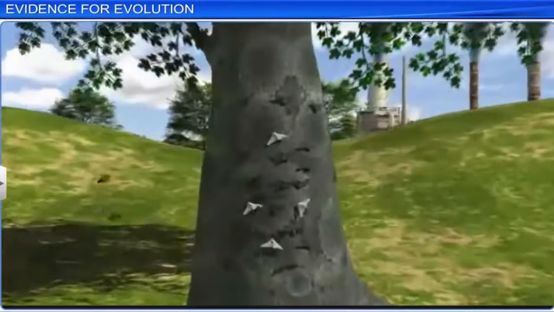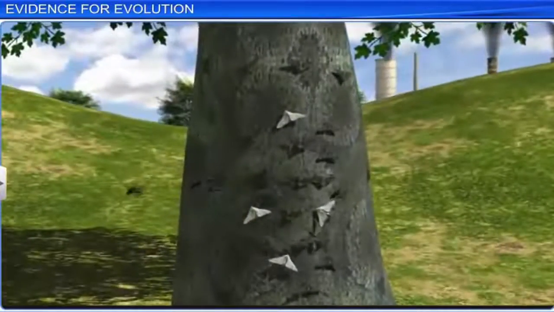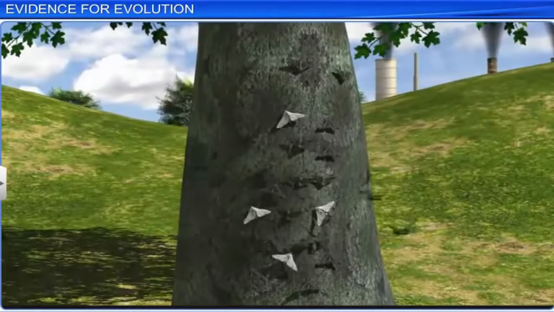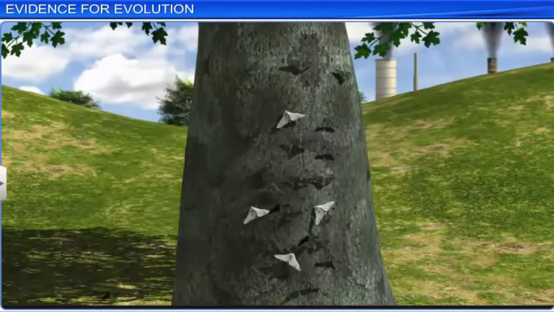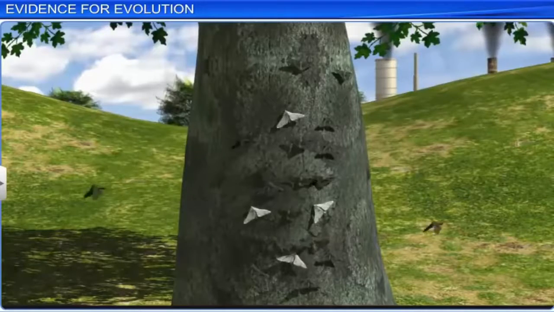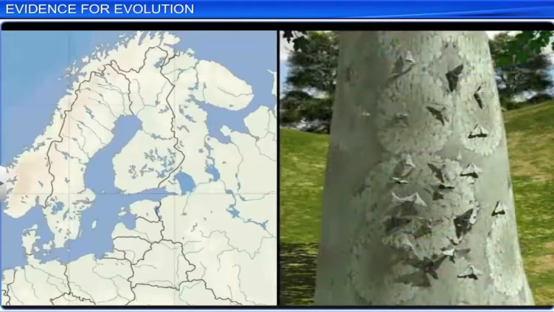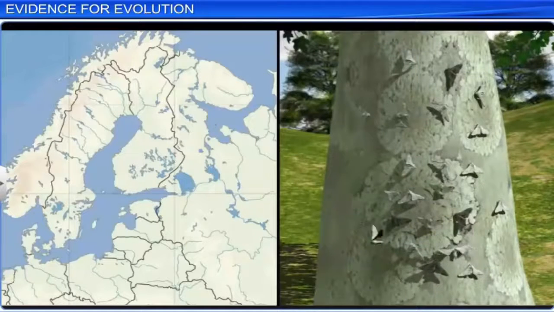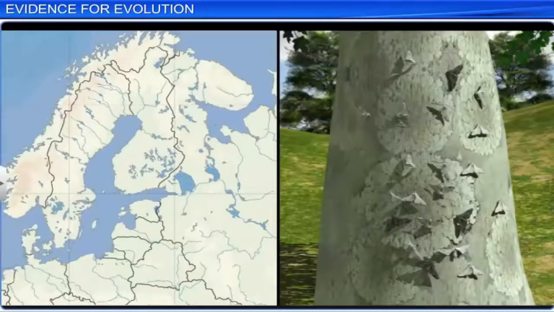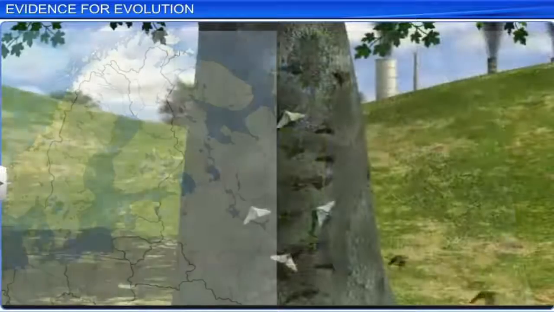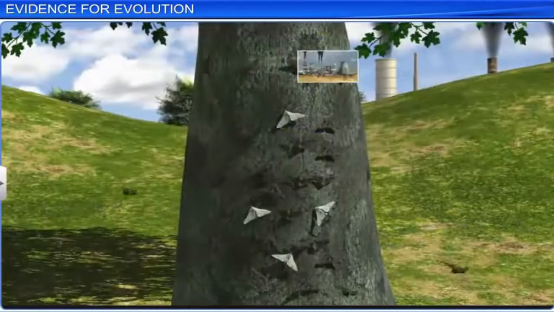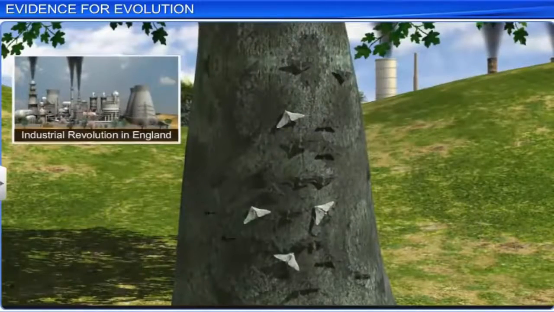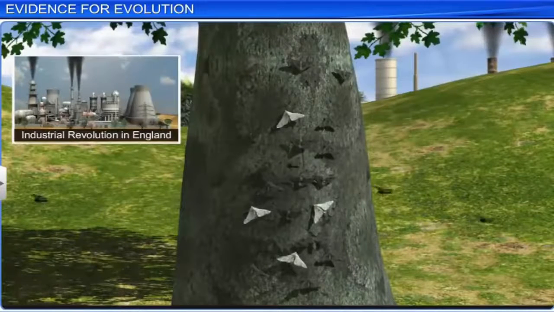The theory of natural selection is best reflected in the substantial increase in the number of dark-winged moths compared to the white-winged moths after the Industrial Revolution in England. In a collection of moths in the 1850s, before the onset of the Industrial Revolution, a larger number of white-winged moths than dark-winged ones were detected. Conversely, after industrialization, it was observed that the population of dark-winged moths had increased considerably in the same area.